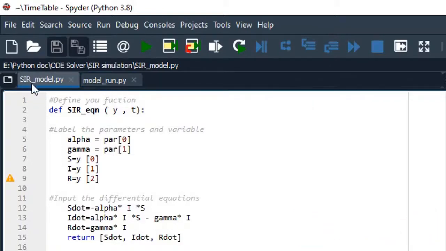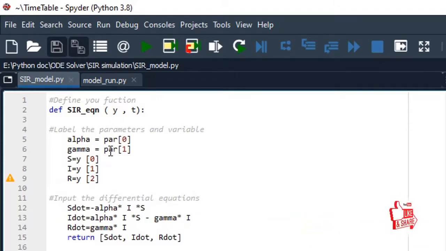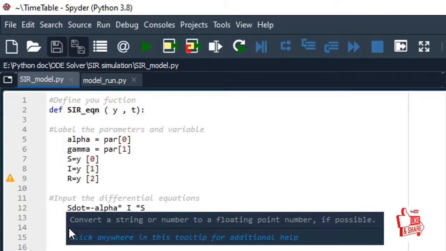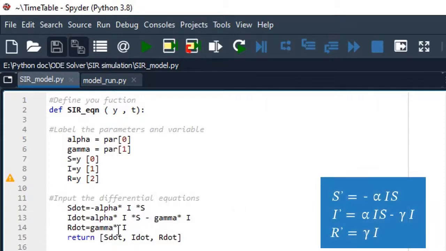In the first file, which is the SIR model, we define the model equations together with the parameters. I have two parameters, alpha and beta. Then there is the definition for the vector variable y, which comprises S, I, and R, and then we have the derivatives for S, I, and R. You write your model as you have written; for mine, you can see it here on your right.